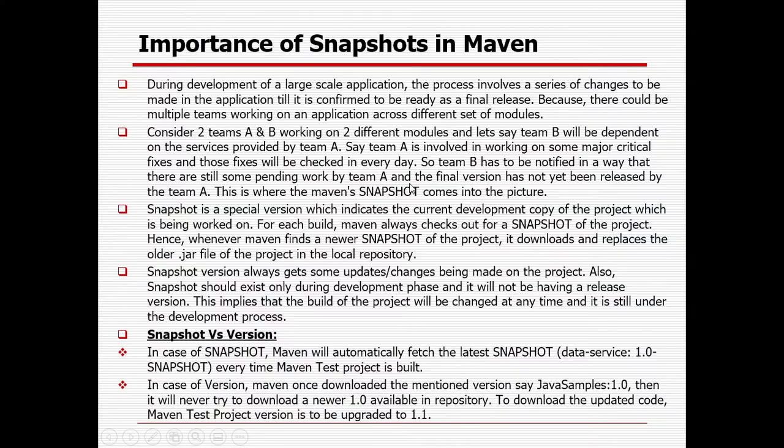Build means, suppose you are creating some strategy or plan from the testing standpoint, and you give some version name such as 0.1 or 1.0 or 1.1. But in case you already sent it to another person and that person wants to update, that person will get the update based on 1.1, but you are still working on 1.1. So how will that person get to know? There is no chance of letting them know. Once 1.1 is finalized, multiple people are working based on it, so everybody's work is different. There is no sync.